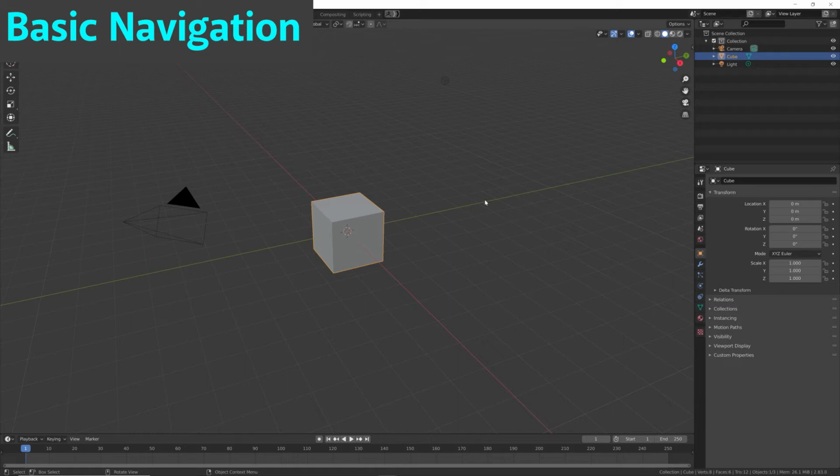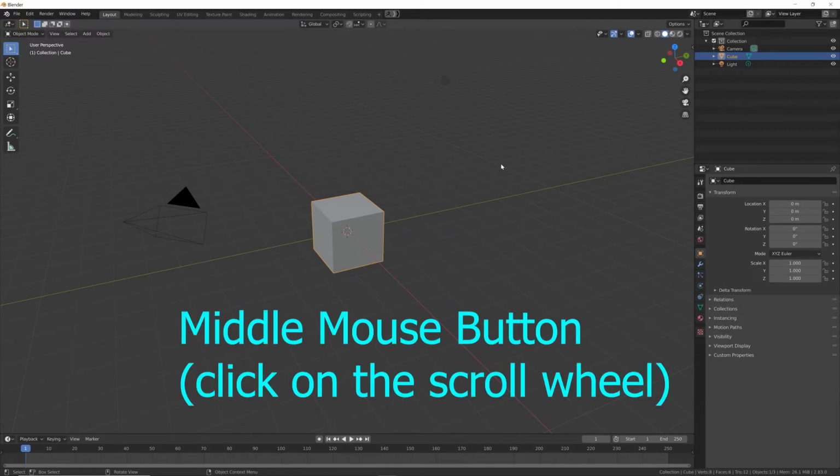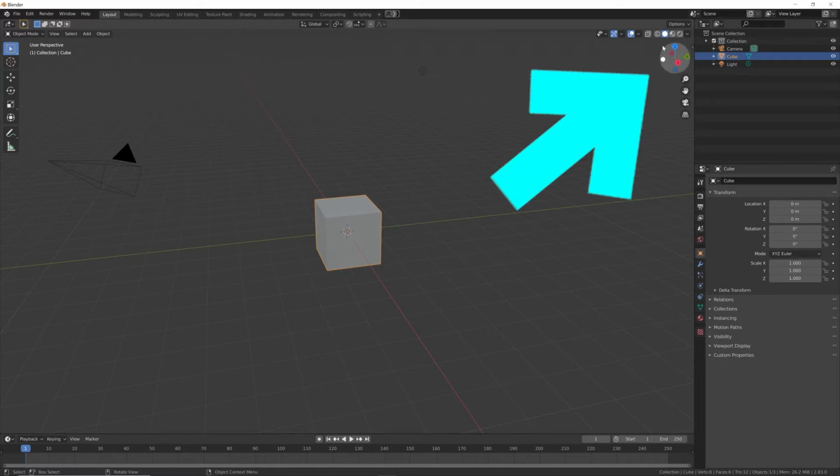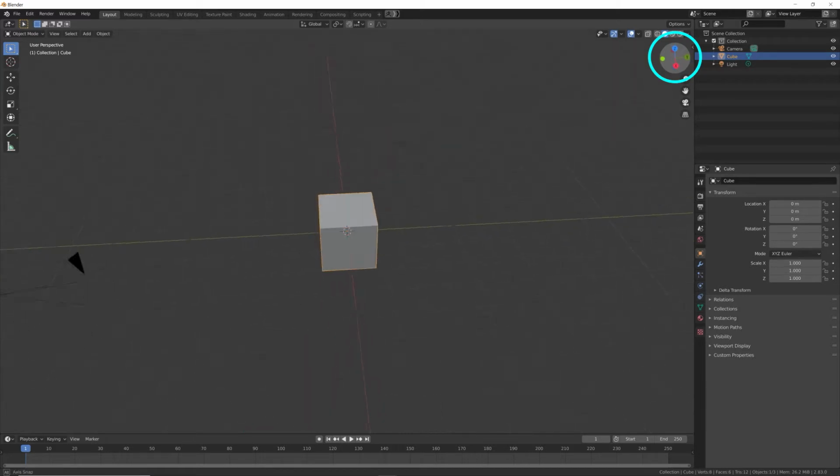And in order to navigate through this, what you can do is middle mouse button down. So it does rely on the middle mouse quite a bit. If you press middle mouse down and drag it over, you can rotate. Or, if you're not used to this, at the beginning you can rely on this rotation widget. All you have to do is click on this and drag, and you can see it'll rotate